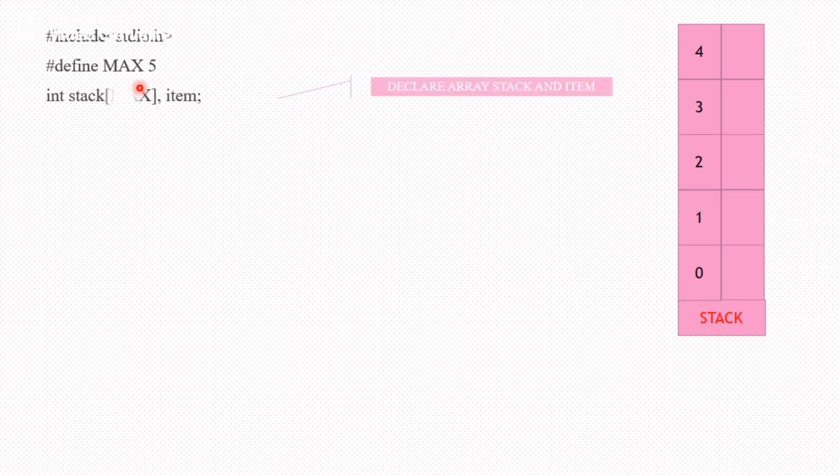Let's see the program. First, as usual, the C program contains hash include stdio.h, which is necessary to include the scanf and printf functions. And I will define the maximum size for an array, that is here in my case I will take just 5. Okay. Then I will declare the stack. It's the same as an array declaration, because stack is nothing but an array. So you have to declare this stack of max. So here the range number 5 is stored in the max variable. That's why I am using max here.